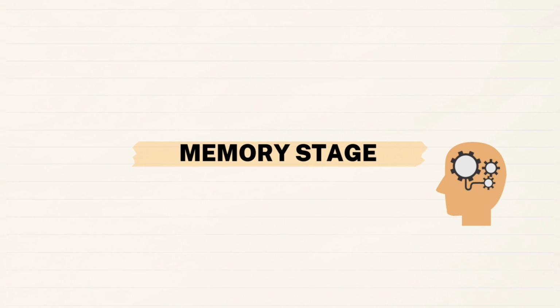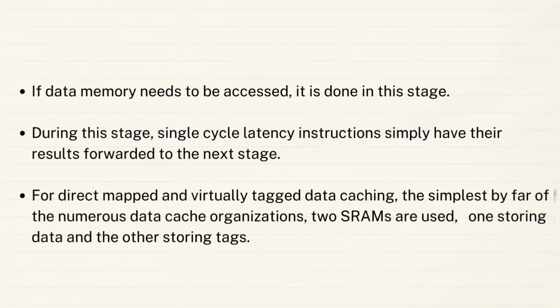The next stage is the memory stage. If data memory needs to be accessed, it is done in this stage. During this stage, single cycle latency instructions simply have their results forwarded to the next stage. This forwarding ensures that both 1 and 2 cycle instructions always write their results in the same stage of the pipeline